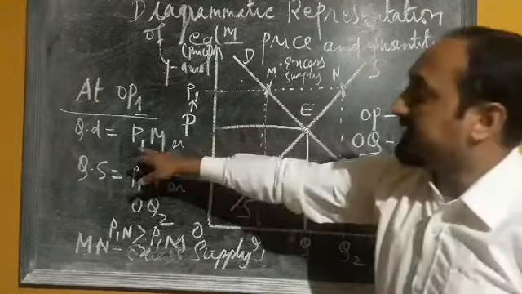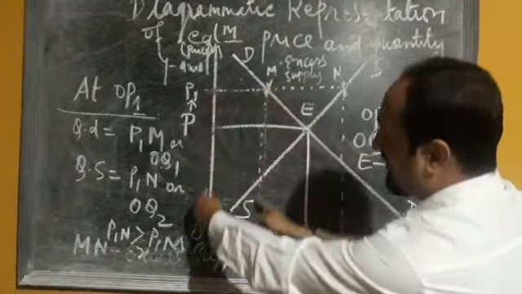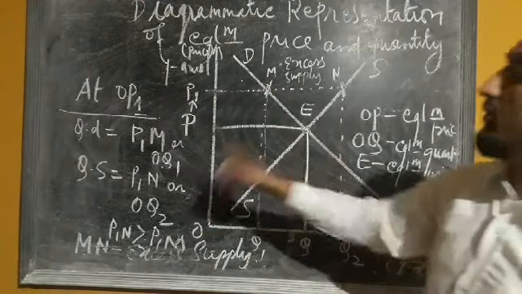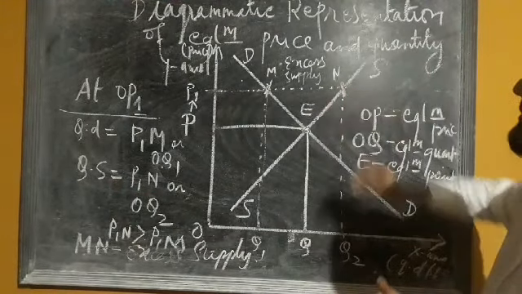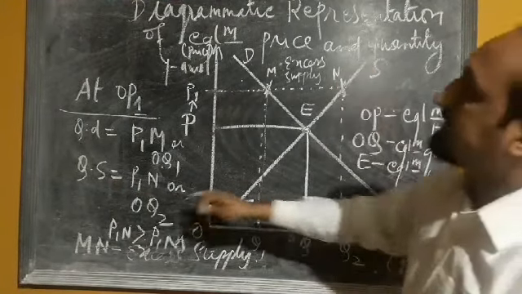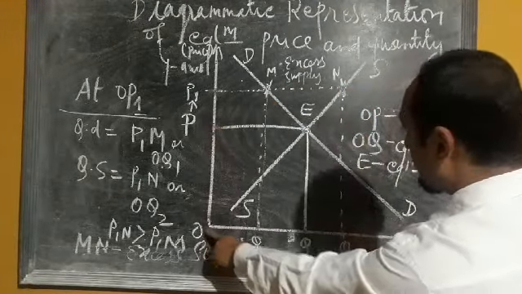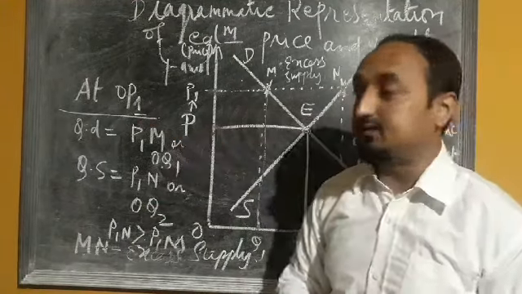the quantity demand is P1M, or this OQ1, okay. And quantity supply, because this line is intersecting the supply curve at point N, so quantity supply is P1N, or if you draw a line here, OQ2, okay. Now at this higher price